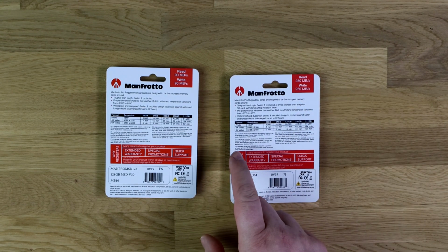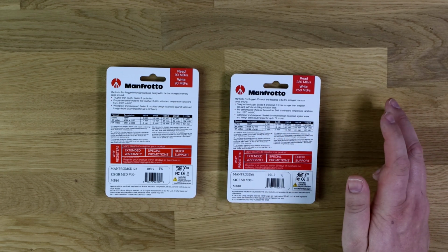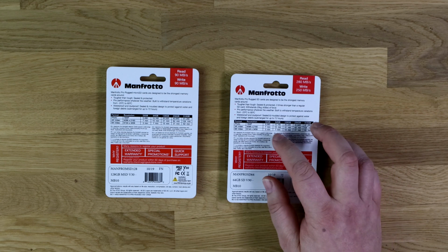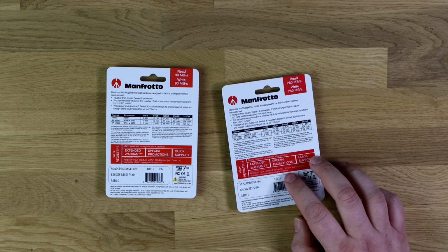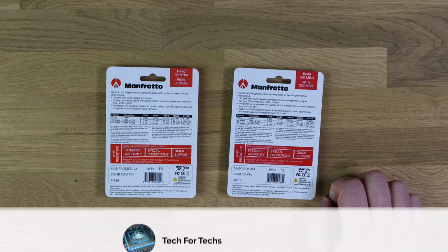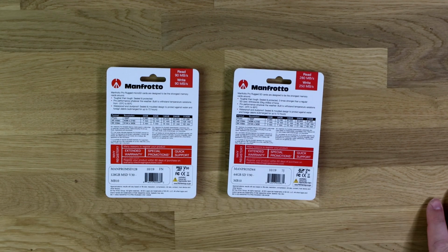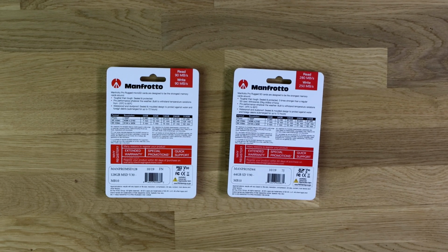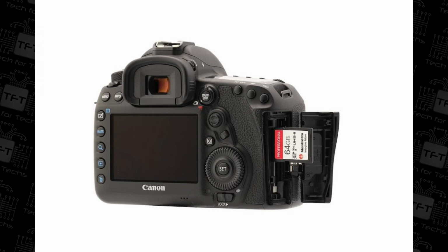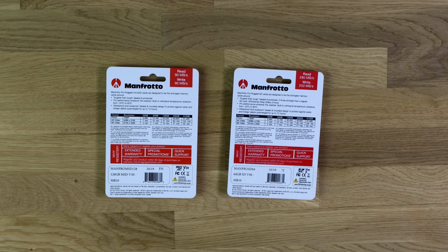It does tell you on here as well how much you can actually store on here. So for example, for the 64 gigabyte card, you can store 15 minutes of 4K footage, and you can fit 10,000 photos on there. Obviously, that depends on all your settings and how you've got it set up and so forth, and how many megapixels you're using. I can generally fit a lot more than 15 minutes of 4K footage on a 64 gig card, but again, it depends on the device you're using and what format it's writing on,